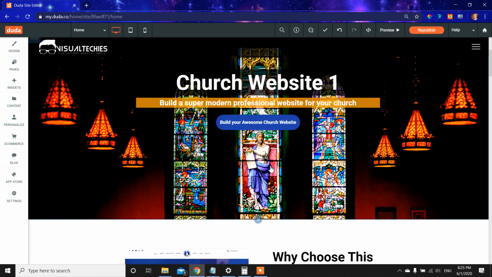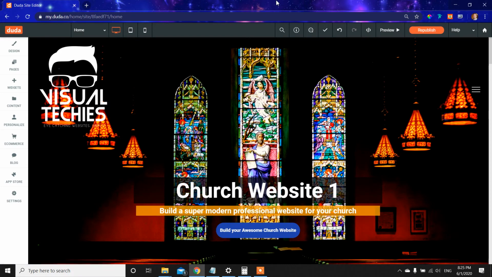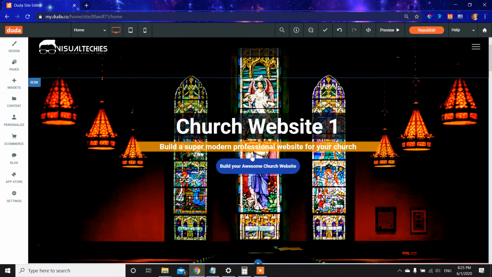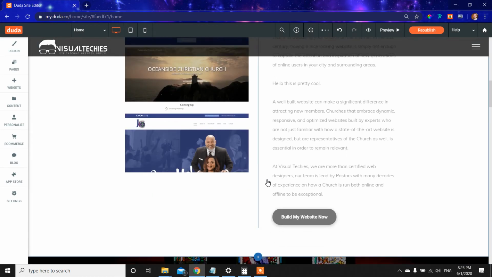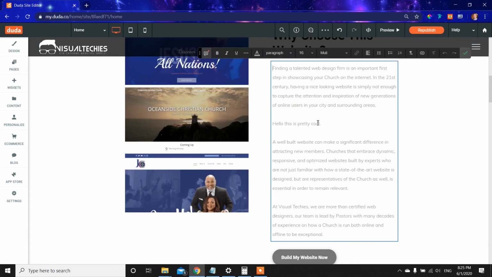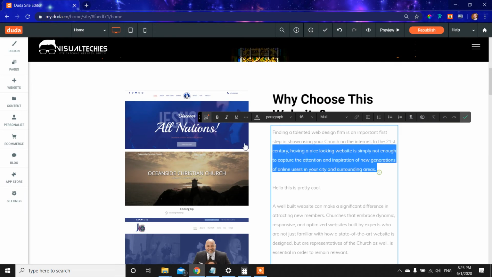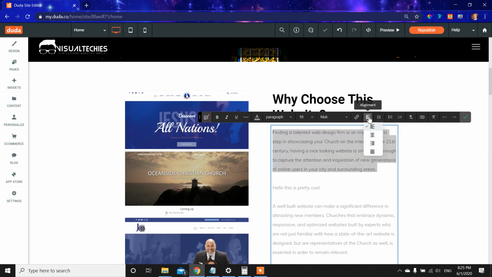Next video, we're going to be looking at how to customize images, but the text customization is fairly straightforward. Now, I do want to show you guys a couple of other things you can do. Let's go ahead and explore just the alignment function. If I want to have this changed in alignment, it's much like a Word document or